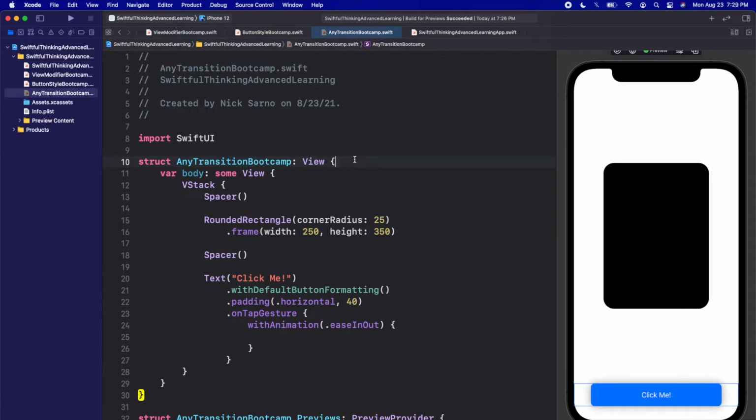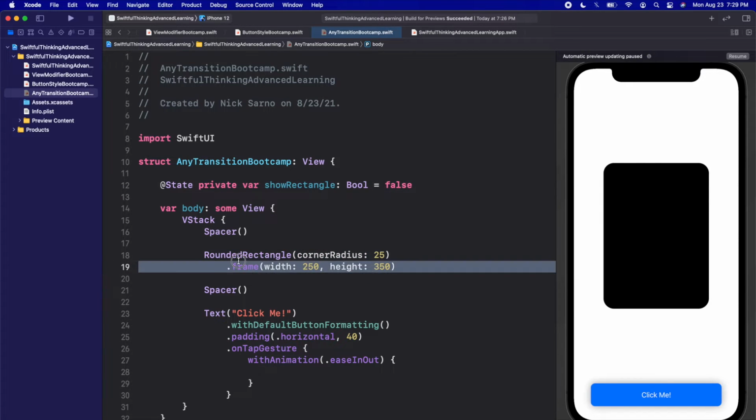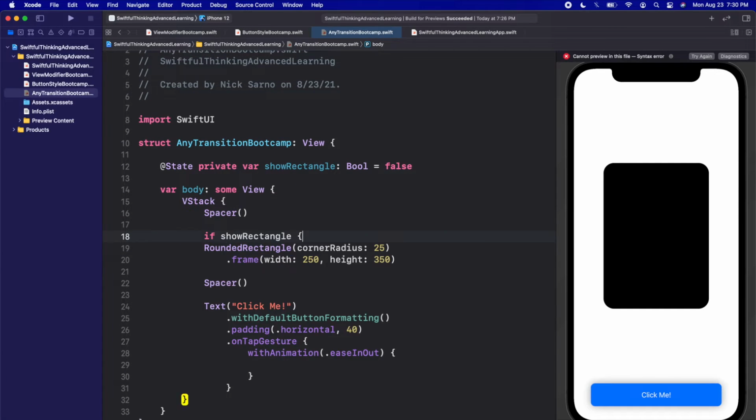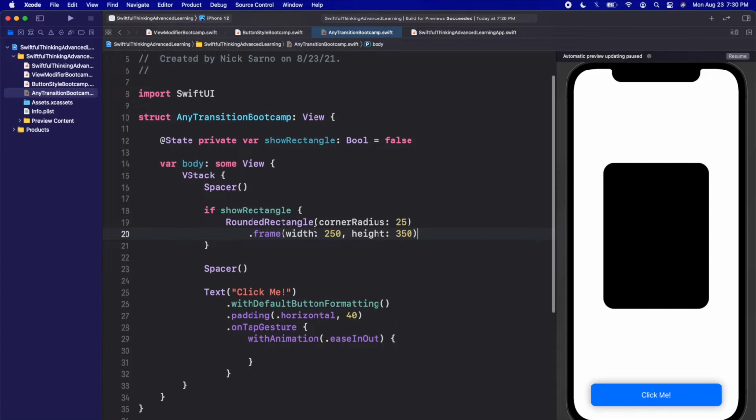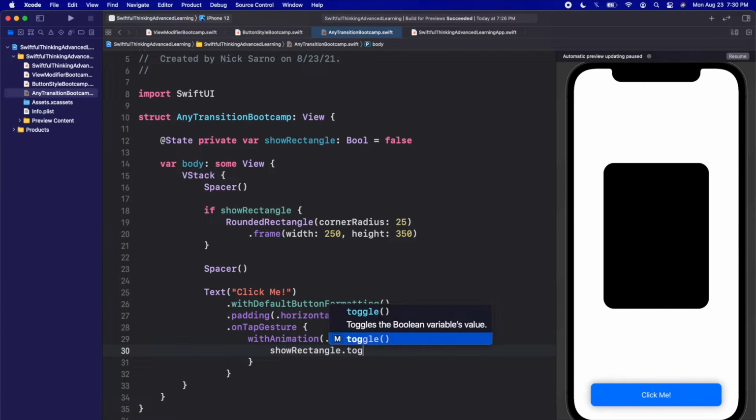All right, and then finally, let's add an @State private var. Let's say showRectangle of type Bool, and we'll set it equal to false. And then on this rounded rectangle, very simply, we're going to say if showRectangle, open brackets, and we're only going to show the rectangle if showRectangle is true. And when we tap on this button, you guessed it, we're going to showRectangle.toggle. All right, so if I click resume and I start tapping on this button,